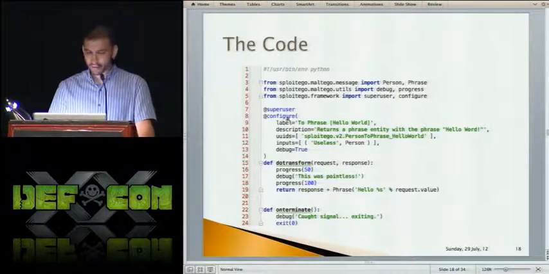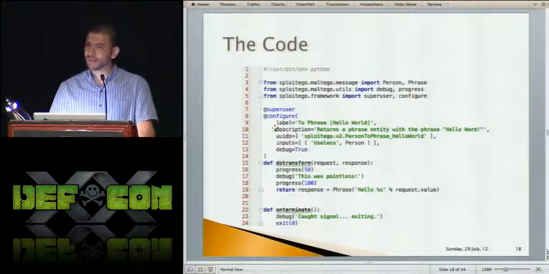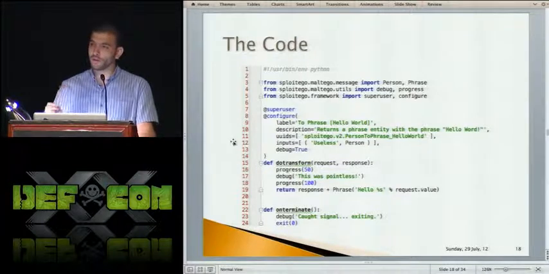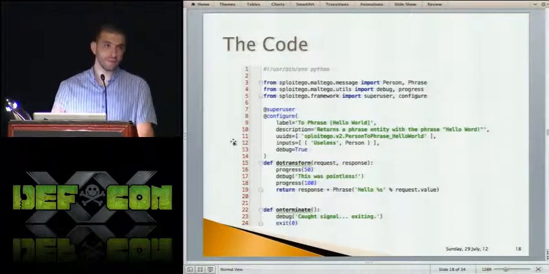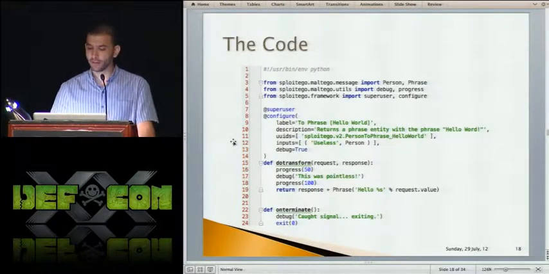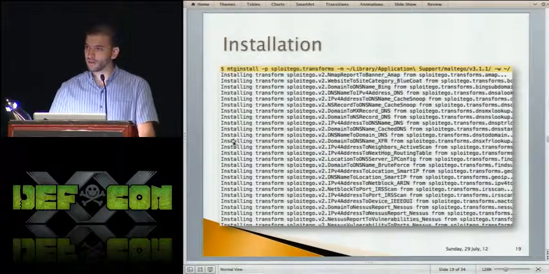And so you're going to see a few annotations there, and that actually has to do with the way you're going to be able to install transforms in Maltego and configure them seamlessly without user interaction, without GUI interaction, nothing. It's a command line script. And this is what it looks like. Very simple. That's what I focused on.